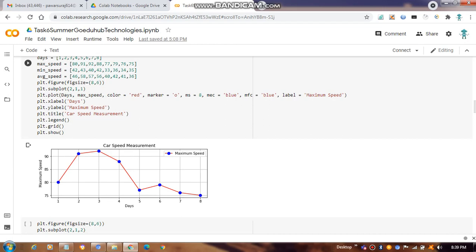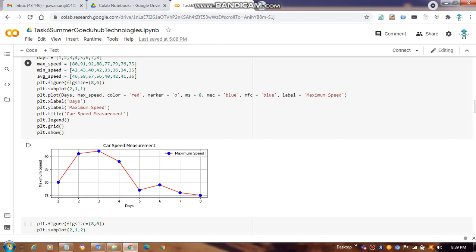After that we have plt.subplots with 2,1,1 for this representation. After that we put in the different sizes, colors, marker face, marker size and marker style, all these things, along with the label.